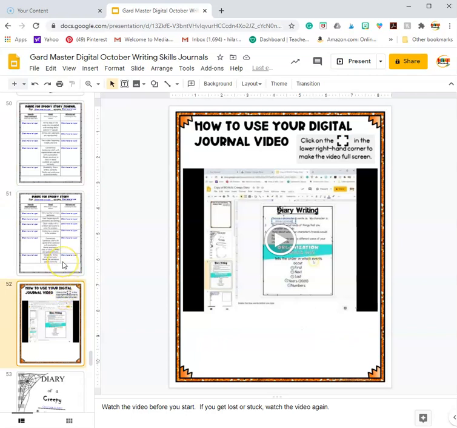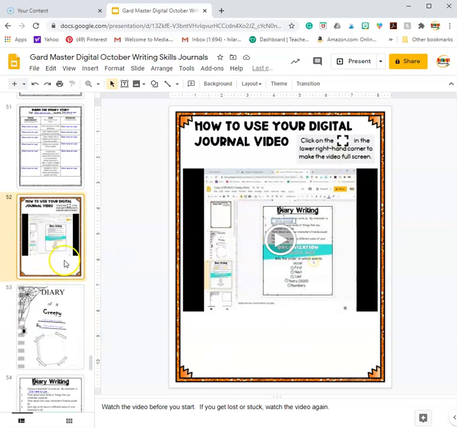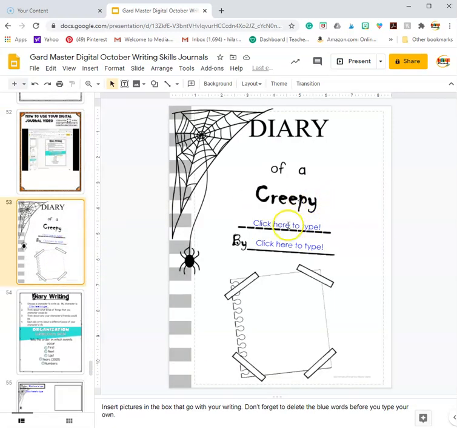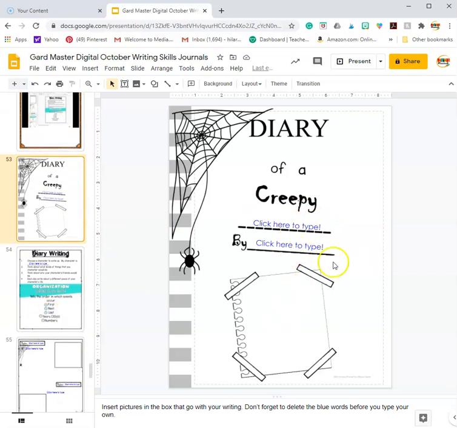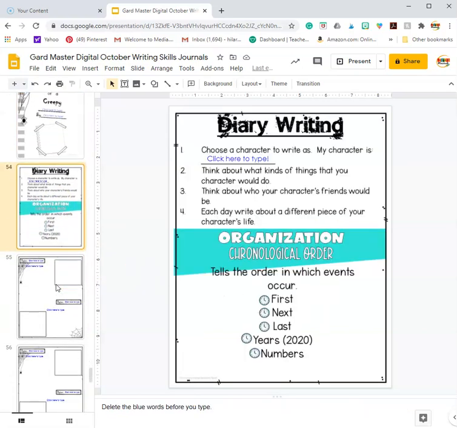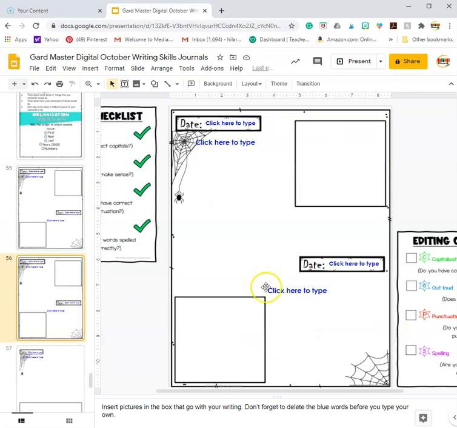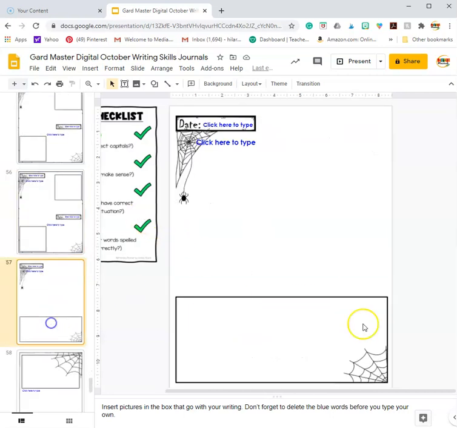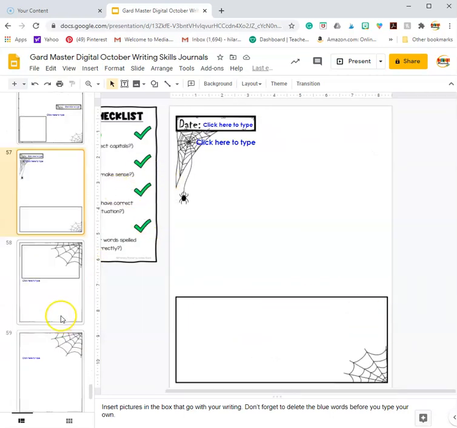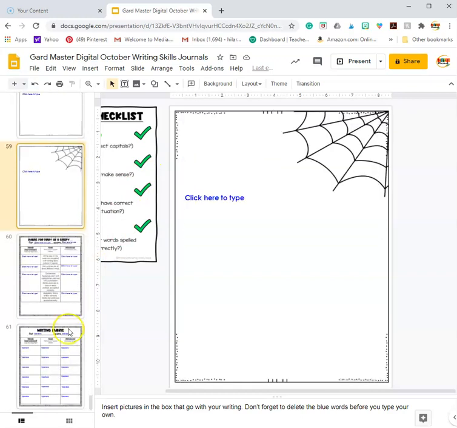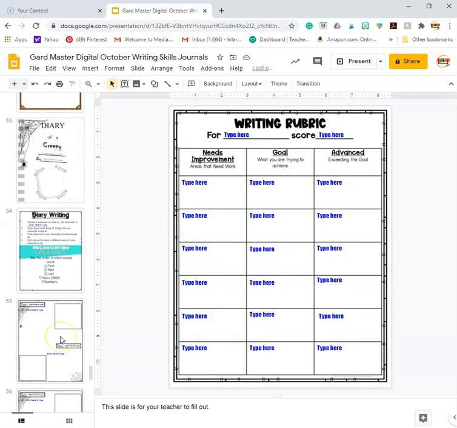And then there's a bonus, Diary of a Creepy, and then they decide journal. So this is the video that goes with that. Diary of a Creepy, then they click there to type, they insert a picture. I do show them how to do that in the video. These have editing checklists for the sides as well. Extra paper, and then the rubrics. Okay, so